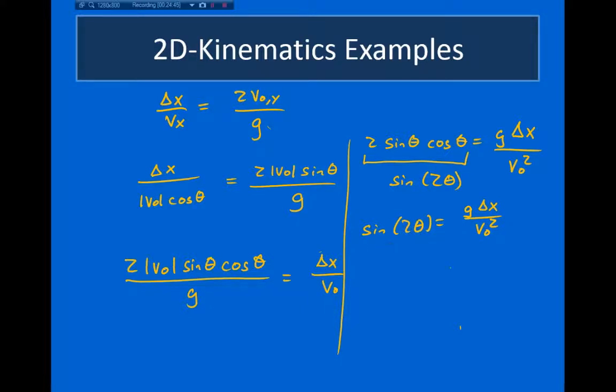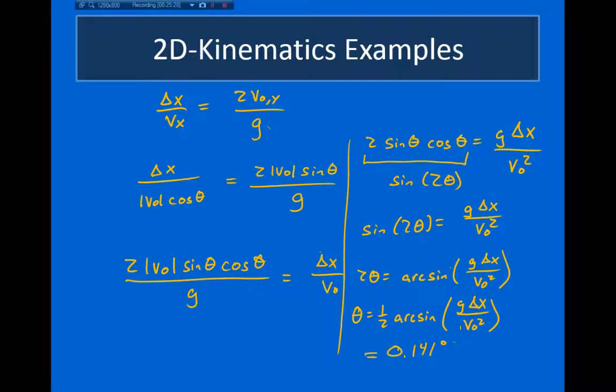If I take the arc sine, then I get 2 theta is equal to the arc sine of g delta x over v naught squared. So theta is 1/2 arc sine of g delta x over v naught squared. If I plug all this into a calculator, with g as minus 9.8, delta x as 91.4 meters, I think, and my initial speed, whatever that was, I don't remember, I'll see that this is equal to